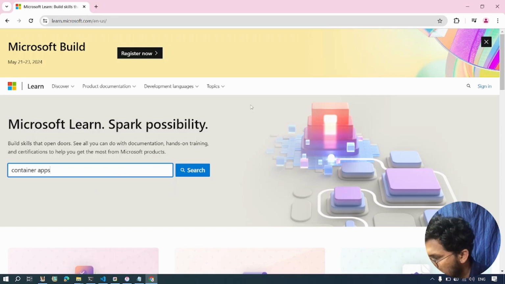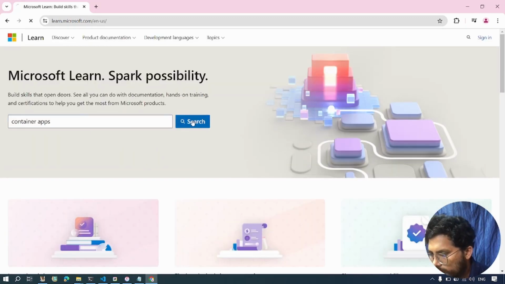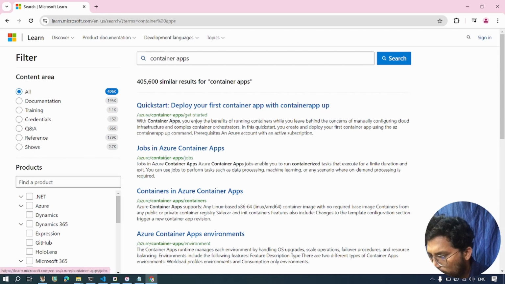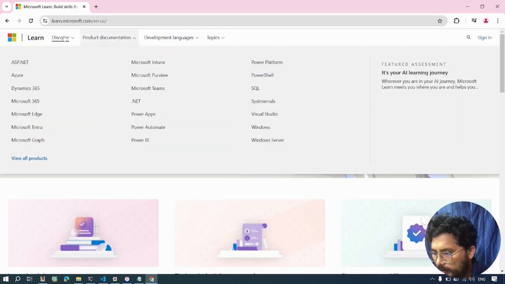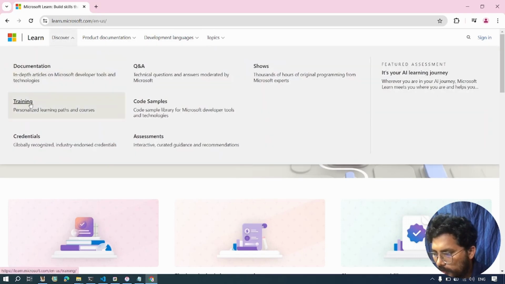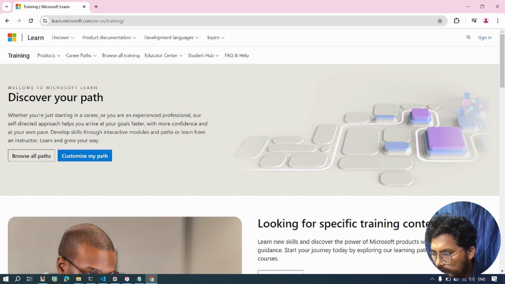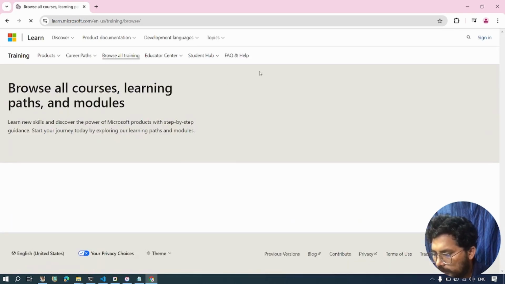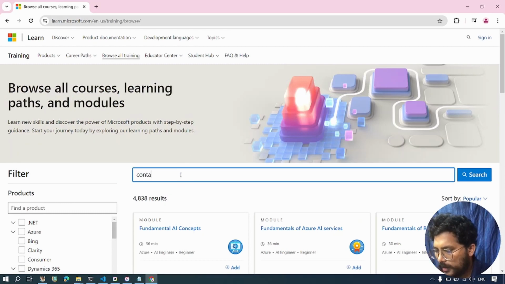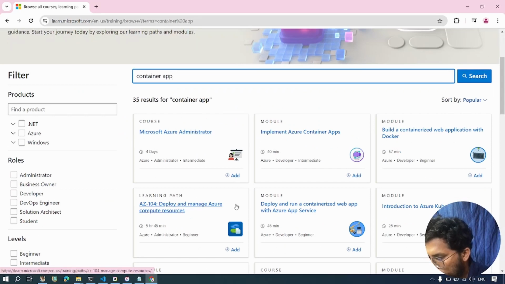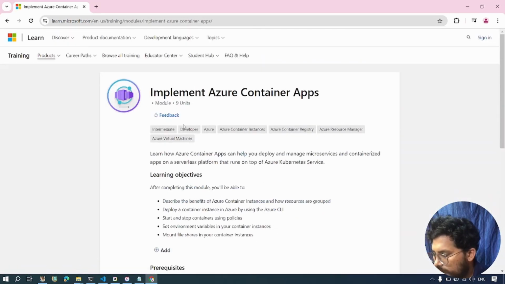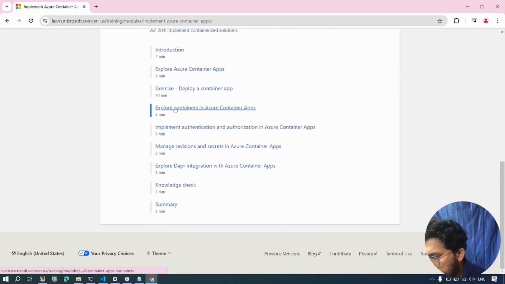If you go to container apps over there and search, you will get a lot of courses here. If you go into the develop trainings, where you have learning paths, browse all the trainings, type container app, which is like managing and implementing container apps, this is the one. If you go inside this exercise,